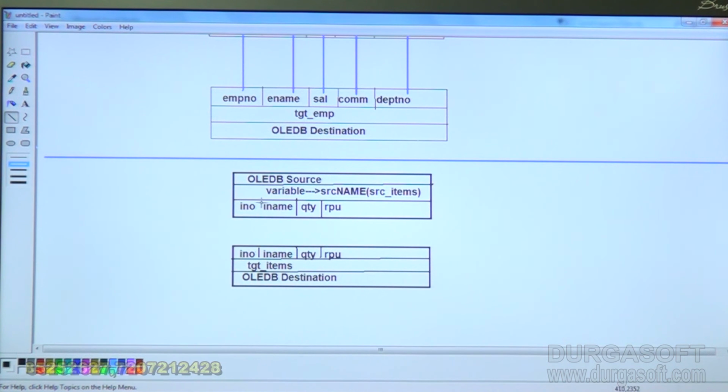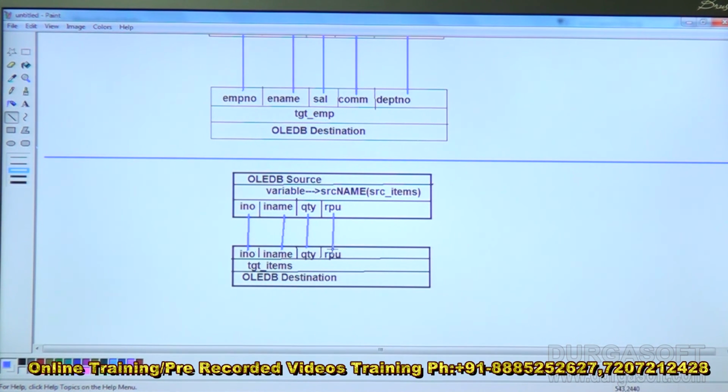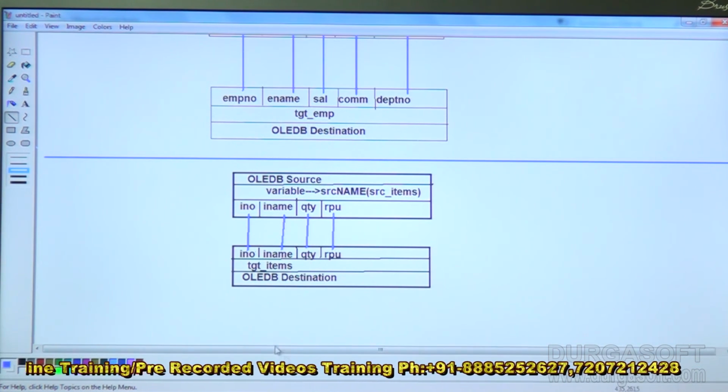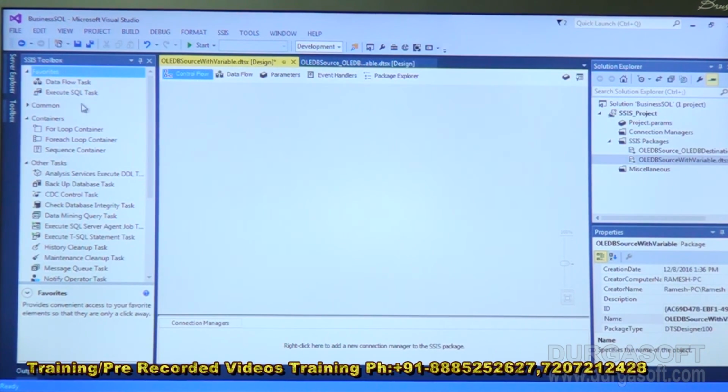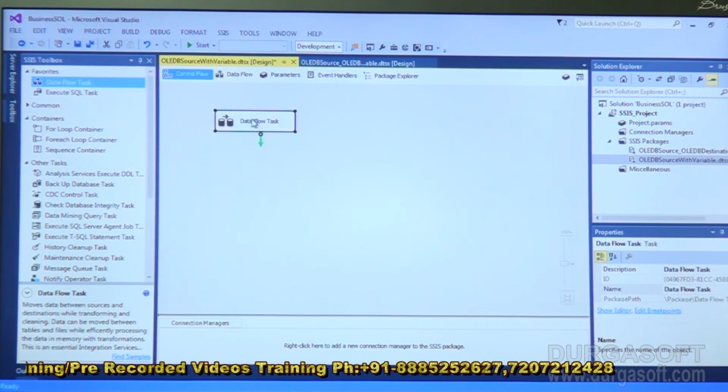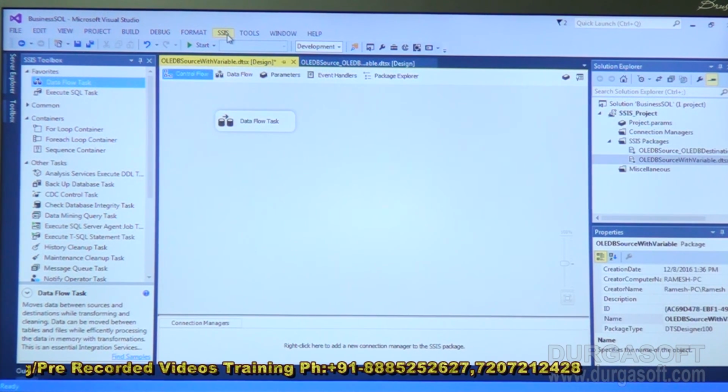The first one I am trying to work with the help of a variable. Even in the destination you can use a variable. And these columns I am mapping so that the data will be transferred to the destination at the time of the execution process. So, I am going to take a data flow task, but before that I am going with the SSIS